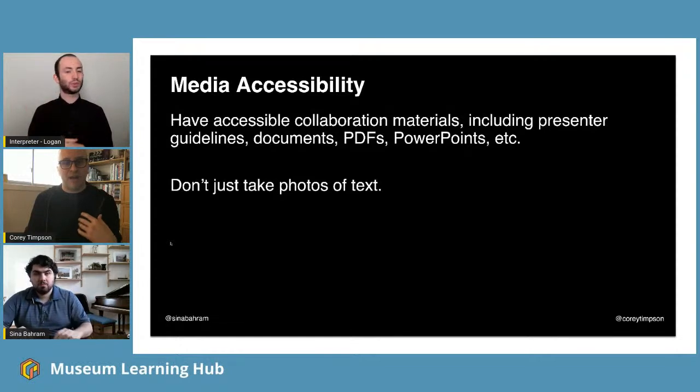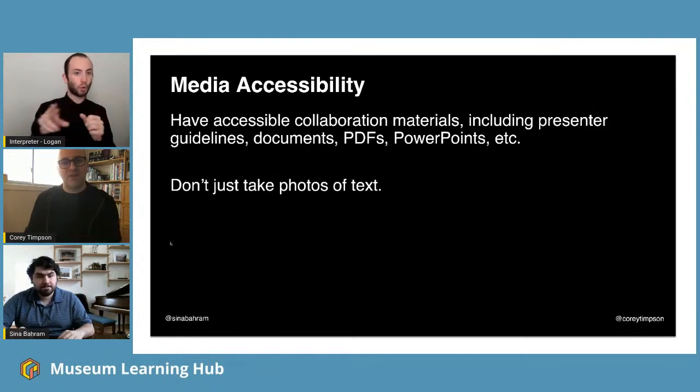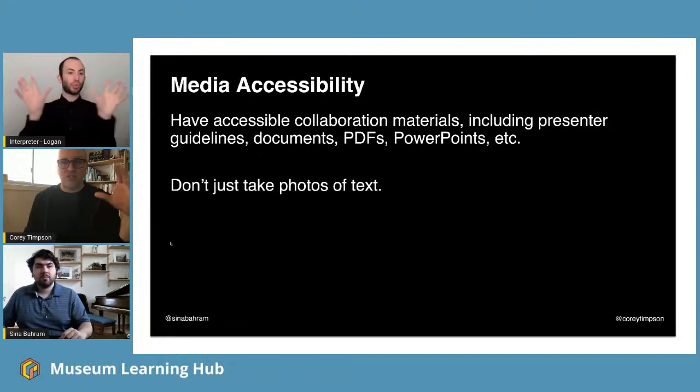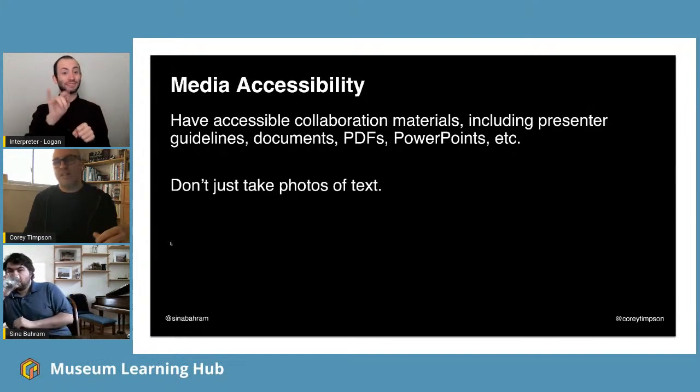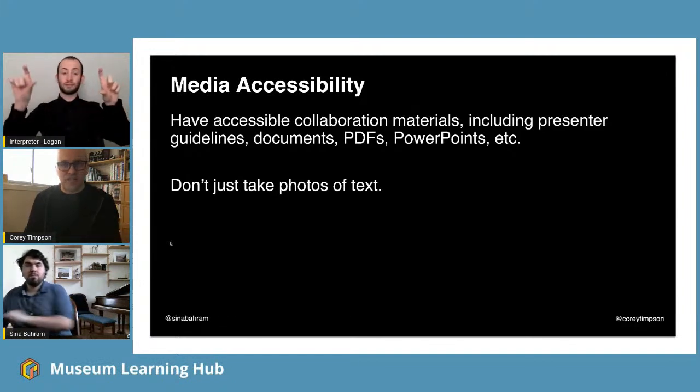If we have collaboration materials, such as when we're developing a workshop or an activity, let's have guidelines for how we want those things developed. Just putting something into a PDF doesn't mean it's accessible. Let's make sure that we're following proper document semantics and styles. When you're using Word, rather than creating your own visual hierarchy that has no semantic structure behind it, what do we mean? Making the title the largest thing by bumping up the font size, bolding it, and changing the color.